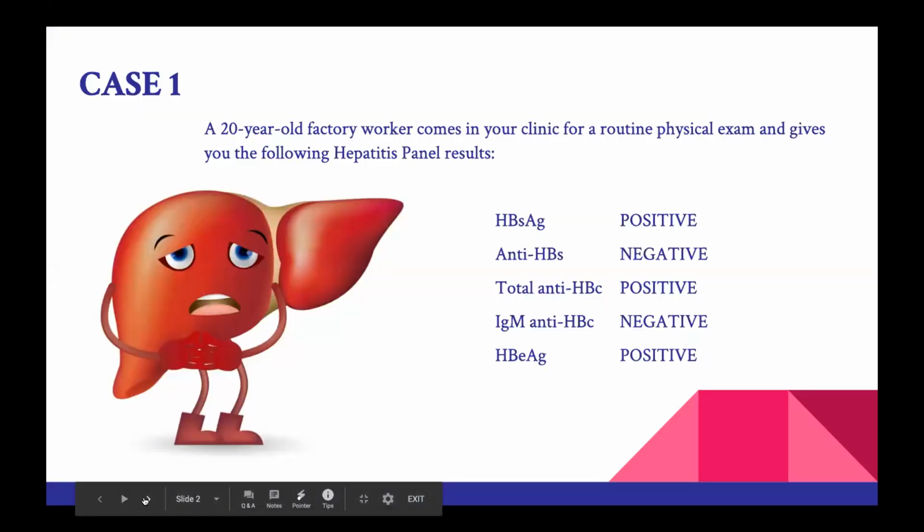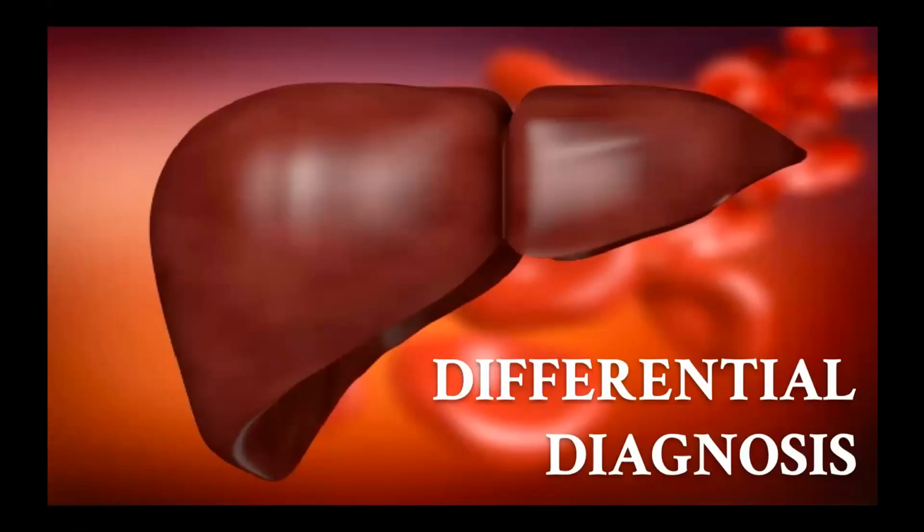Okay, so case one: a 20-year-old factory worker comes in your clinic for a routine physical exam and gives you the following hepatitis panel results: HBs antigen positive, anti-HBs negative, total anti-HBc positive, IgM anti-HBc negative, and HBe antigen positive. So for the differential diagnosis,